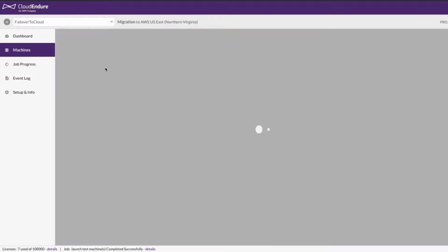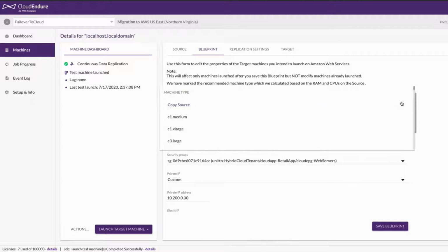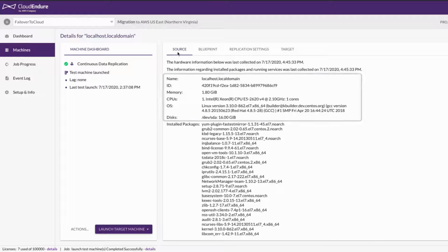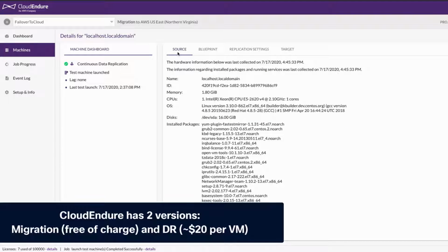And if we take a look at the replication blueprint inside the CloudEndure console for the whole project, we have automatically identified which AWS instance type to use for each server once failover occurs, since through the agent we already know how much CPU, memory, and disk we will need once migrated to the cloud or as part of the failover